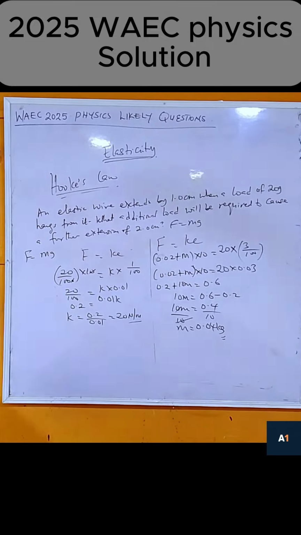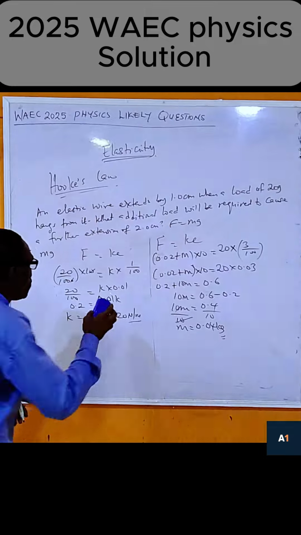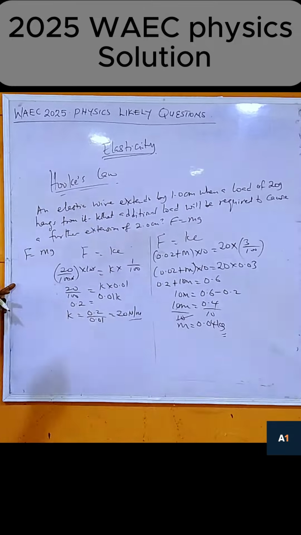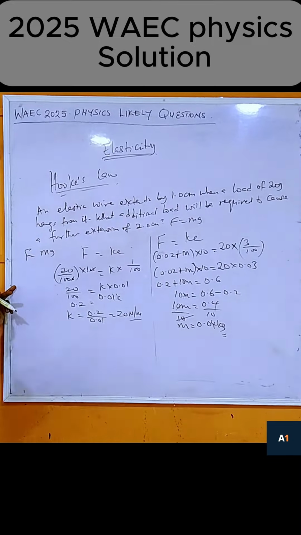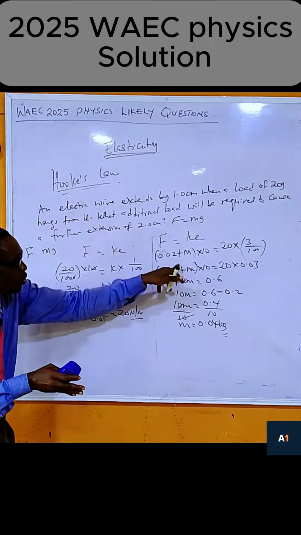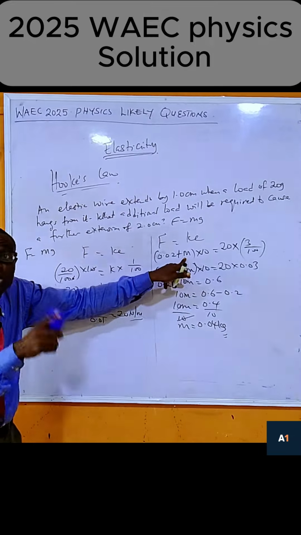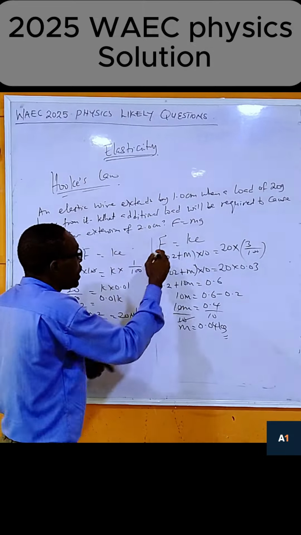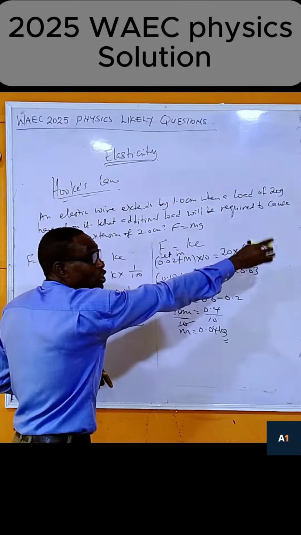So now, I will even say this one. This is what I did not prepare for, but I will put it here. So try to write this one. I hope it's clear. You can see how I worked from here to get this one, substituting this into this. When you are working, you always say let m be the additional weight, which I did not put here. You say let m be the additional weight.